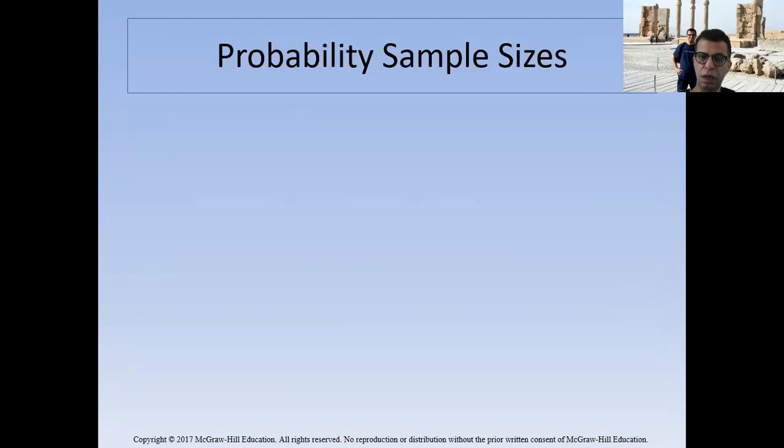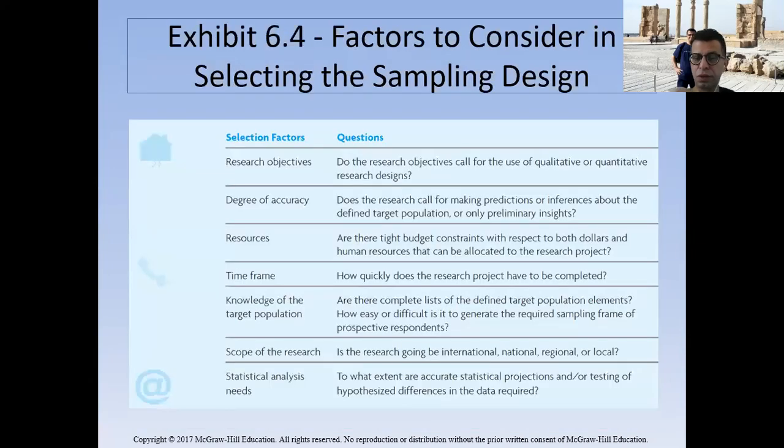And we said every time you do sampling, there are research objectives. You need to answer them. What's your research question? The degree of accuracy, how accurate you want these answers to be, is controlled by the resources, whether you have enough money, budget, time, or people to deliver. And the time frame also controls it, how long it takes to do that, and how difficult it is to